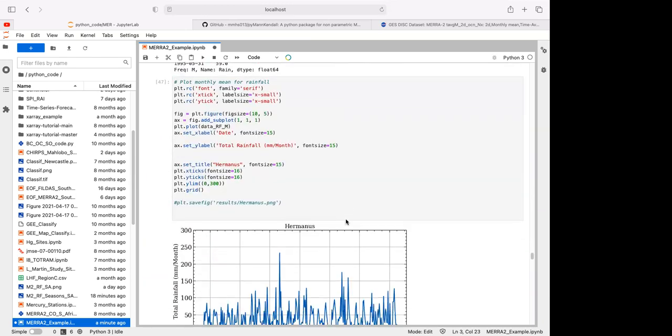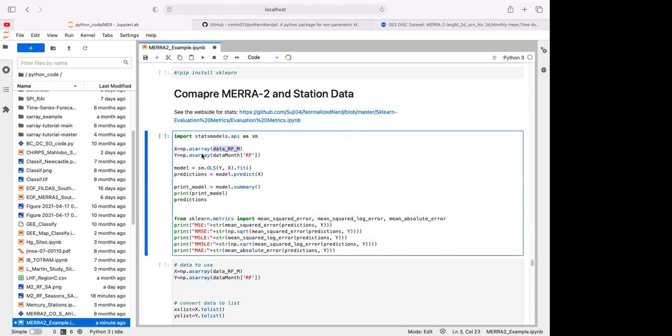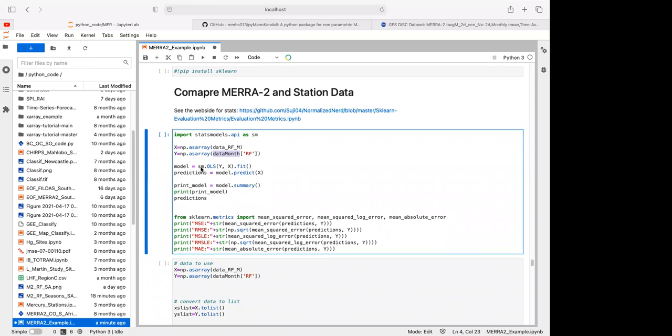So this is the data frame from Hermanus. You must make it an array, and then you can have an array of data from the MERRA-2, which is total precipitation. And then you can create your model using statsmodels here, fit the model and do the prediction,